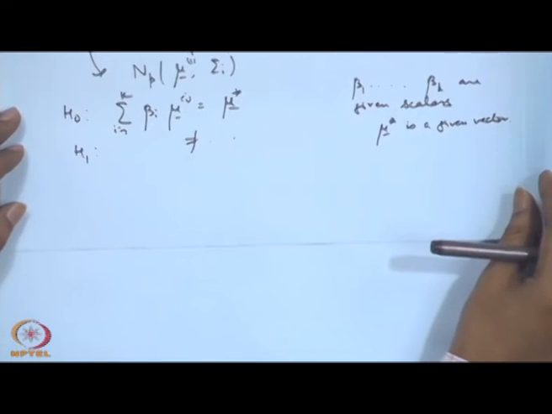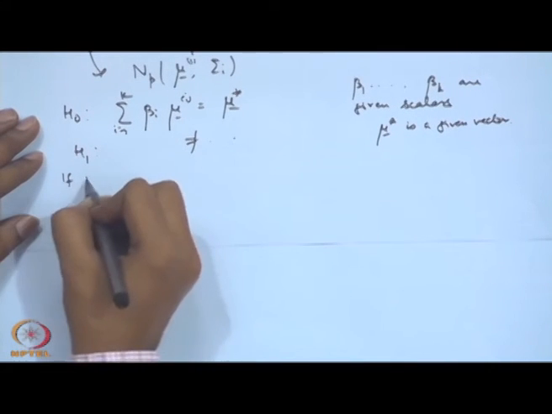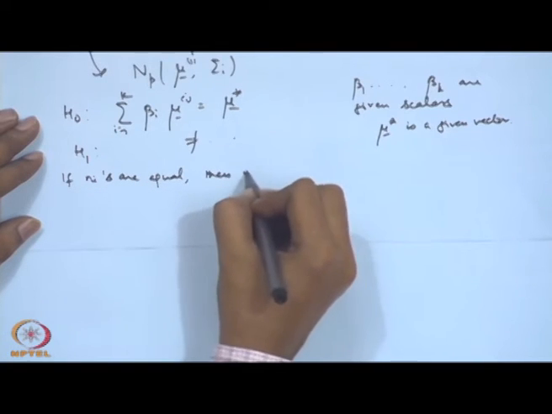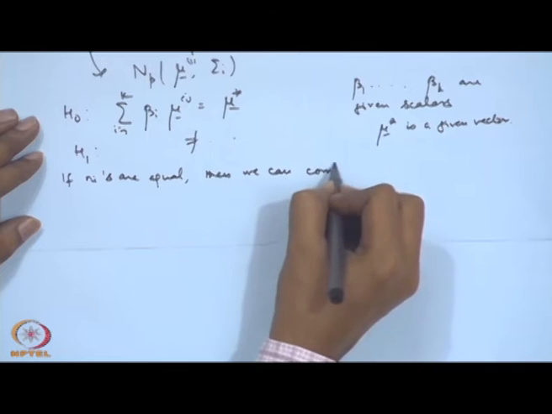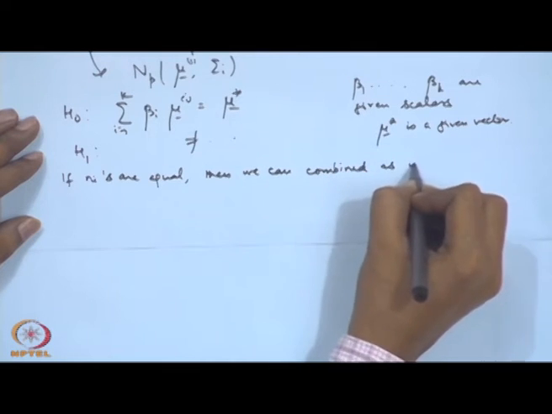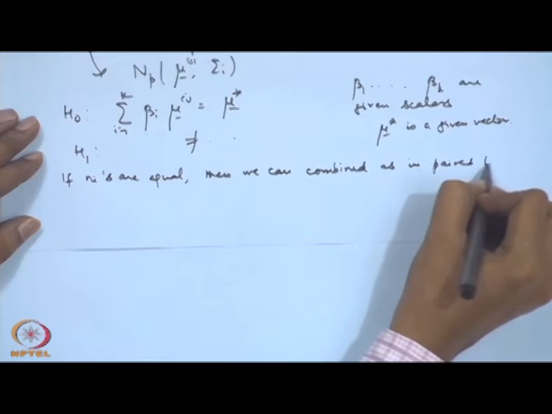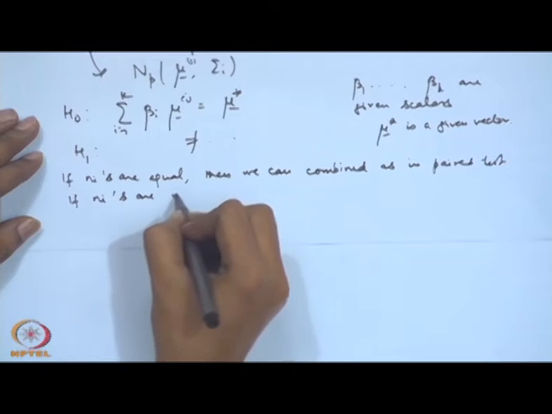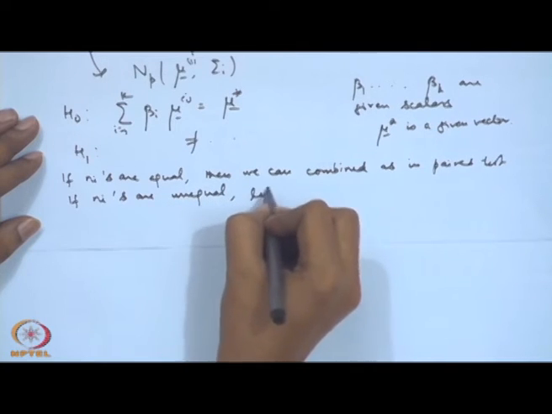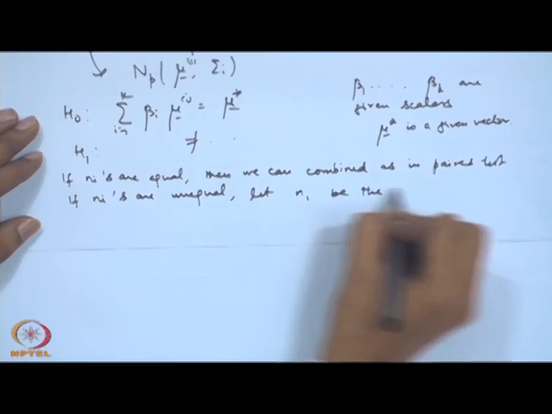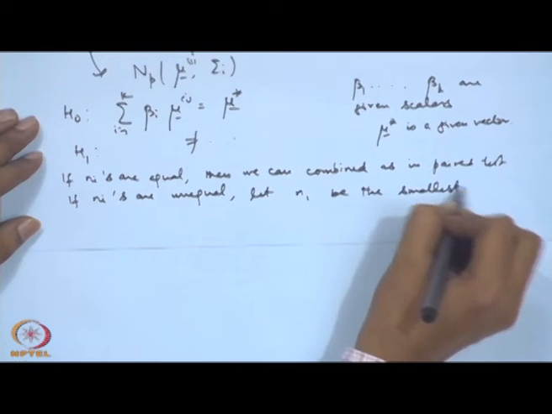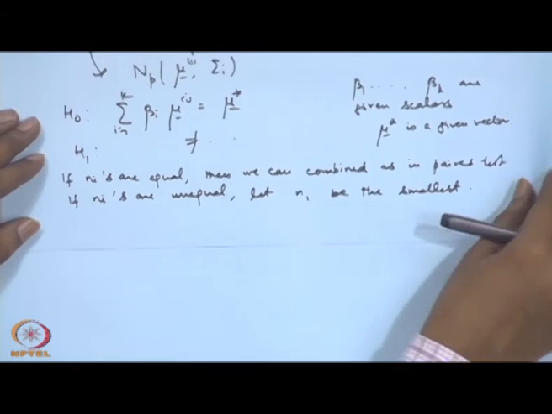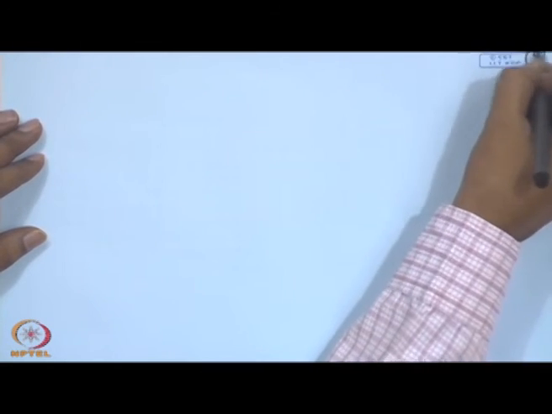If n i's are equal, then there is no problem. Then we can combine as in paired test. If n i's are unequal, let n 1 be the smallest. And like in the previous one we considered based on n 1. So, again here we will do it on base of n 1, and we can define